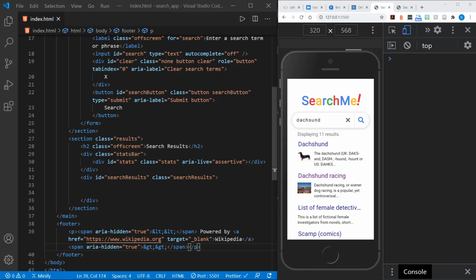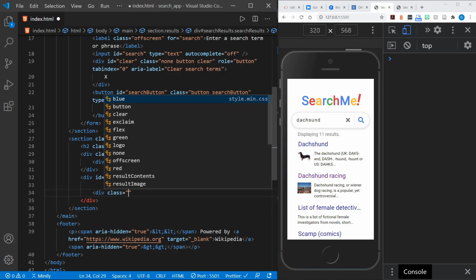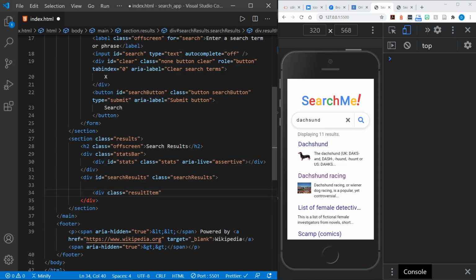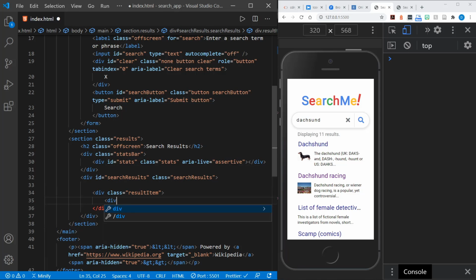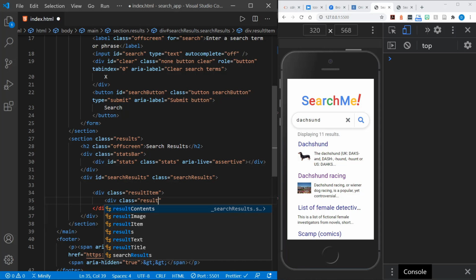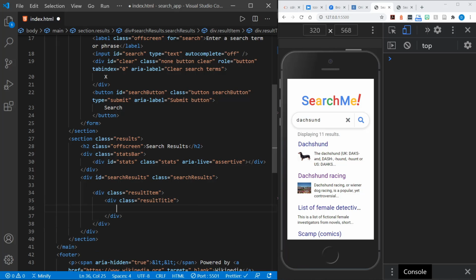Well, let's start. I'll type some of it, and then I'll put in the details. So we'll go div, and we'll have a class equal to result item. This will be the container for the overall item. And then the div within that will be the class equal to result title. So there is the title, just says Dachshund in this one. And this will be a link. And the link will of course have an href attribute. I'll leave that empty for now because we'll pull that in. Then it will have Dachshund